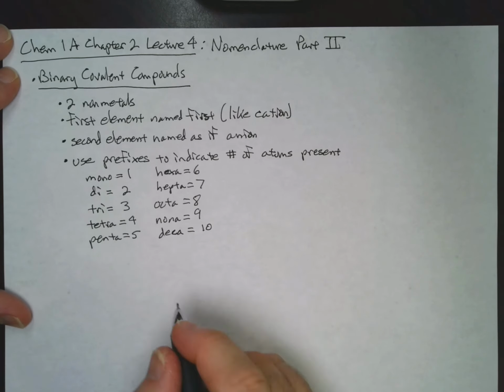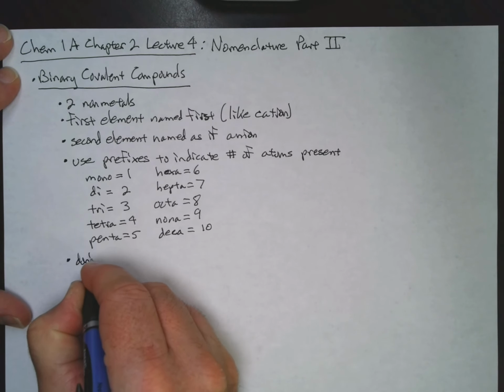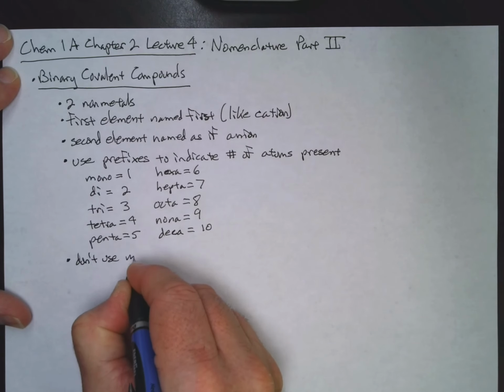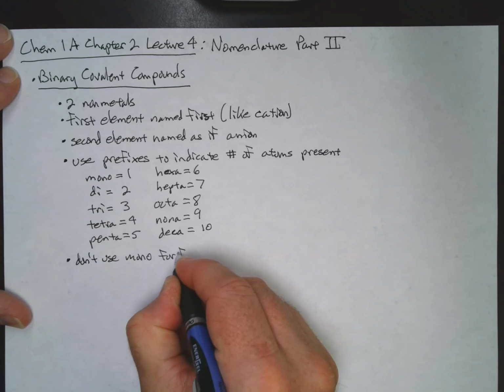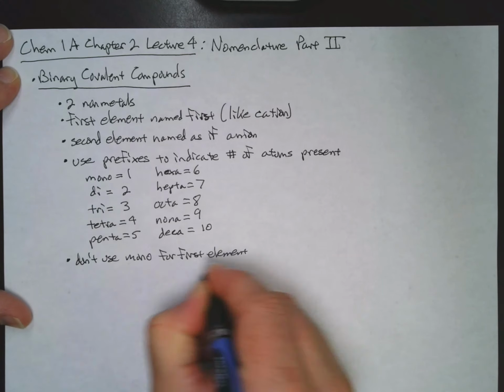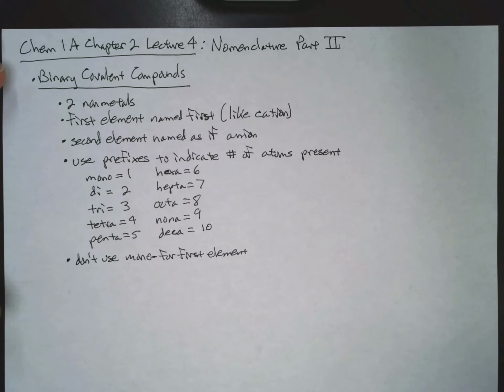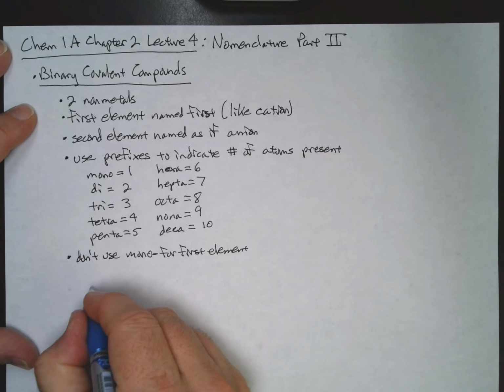A couple of other little things here. We don't use the mono for the first element. And then also we will typically drop the last vowel of a prefix if the element name also starts with a vowel. So some examples could be